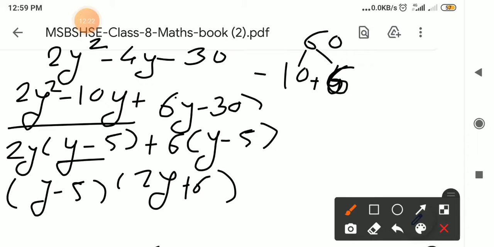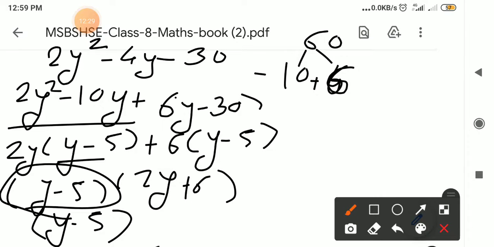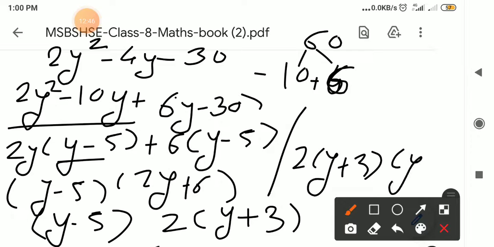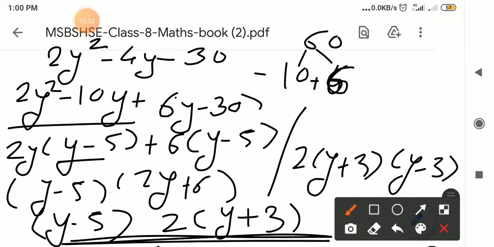So these are the factors, and from this, if you take 2 outside the bracket, my mistake was there. Here I wrote 2y minus 10 because I multiplied both brackets, so that was my mistake. So here y minus 5, and if you take 2 outside the bracket, here remains y plus 3. The answer is the same as above. We solved that example by one more method, that is y plus 3 and y minus 5. So in this way also we can solve this example without taking 2 as a common; you just take that 2 outside the bracket at the last step. So this is also one method for it.